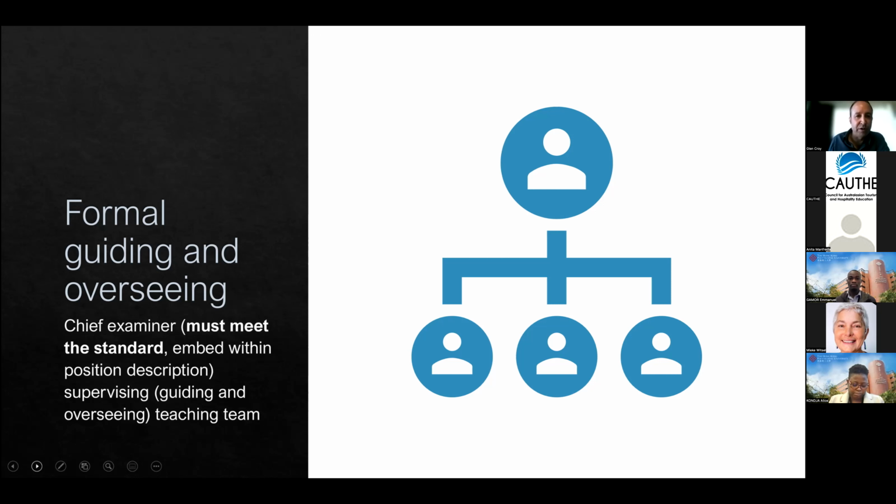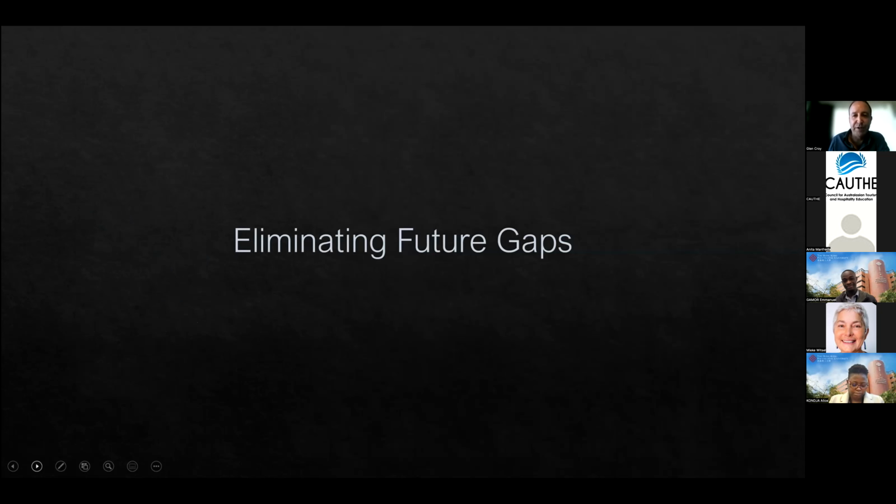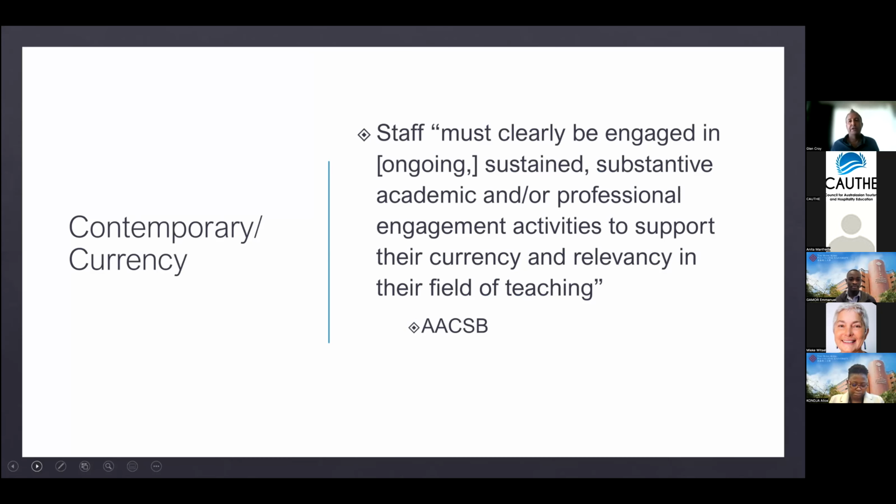Which then leads us on to, hopefully, eliminating these future gaps. If staff must clearly be engaged in ongoing, which is sustained, substantive academic or professional engagement activities to support their currency and relevancy within their fields, or what the regulator would say is contemporary and relevant within their fields, how can we do that? So our last activity for the day